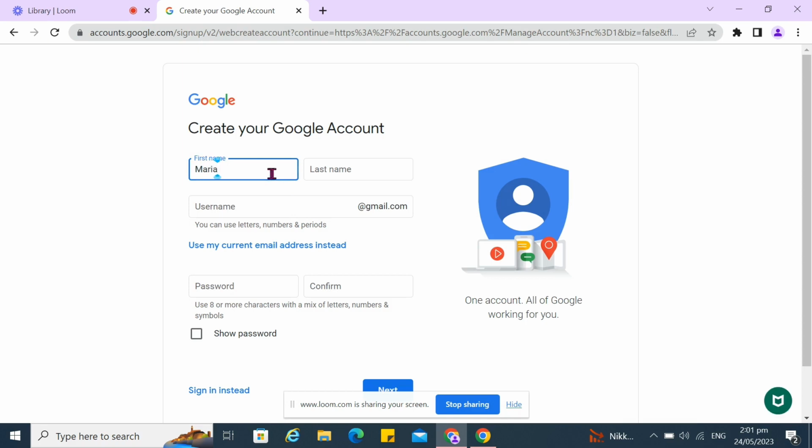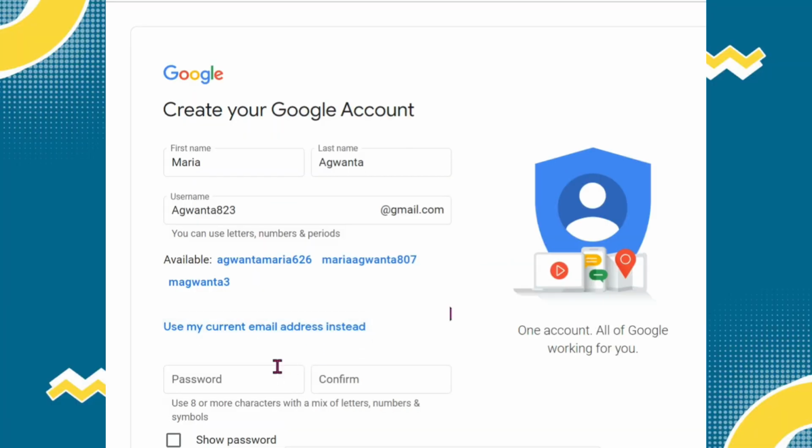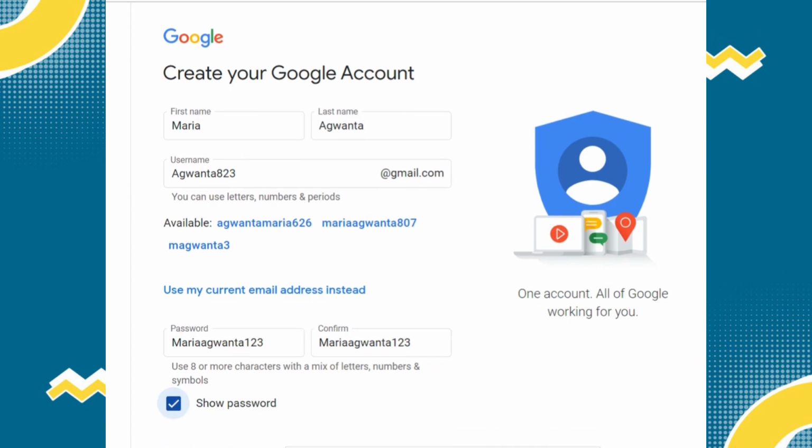So here you just got to complete all the details needed, and of course you are going to create a username that is not being used way back before. And then after that one, you're going to create your own password. Make sure that it is a strong password and type on confirm. Make sure that the passwords did match. Okay, and then tap on next,